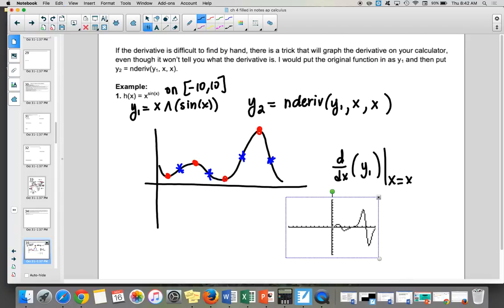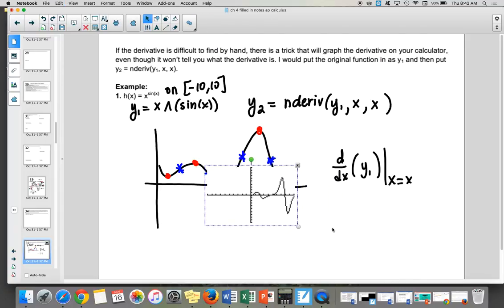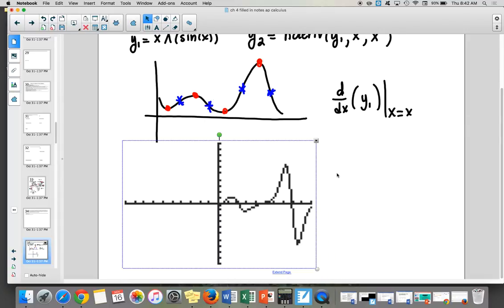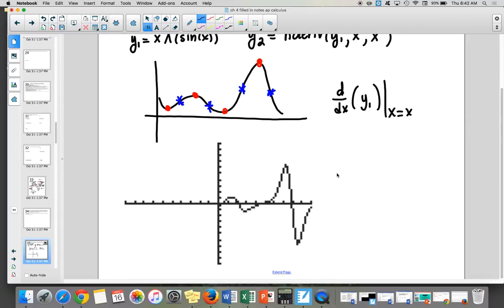Okay, so this is the graph of y prime. If I want to find where y double prime is equal to 0, the points of interest, I go here and I find all the maximums and minimums, right? And we know how to do that on our calculator. Does this make sense? Do you guys get it? Okay. So I just wanted to show you guys how you